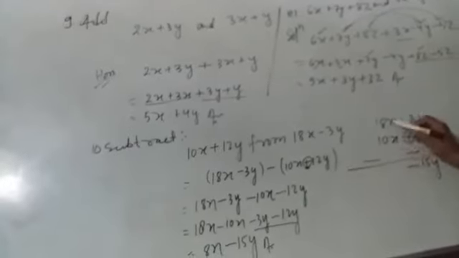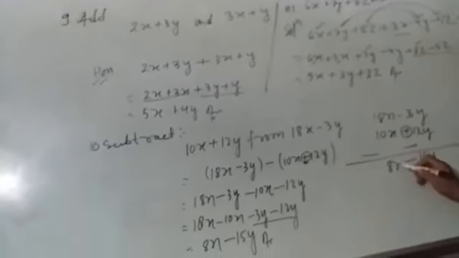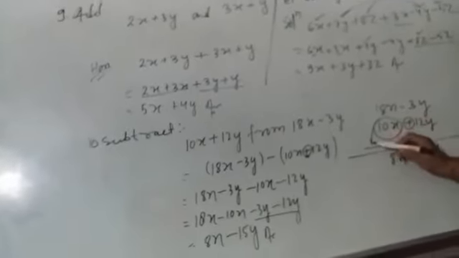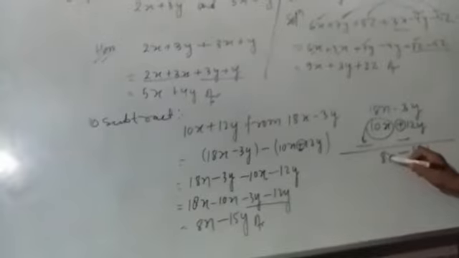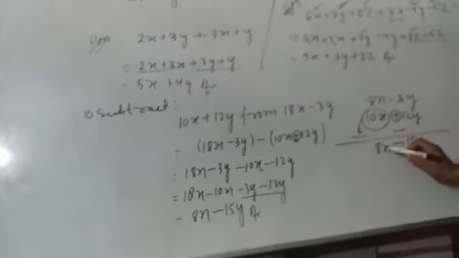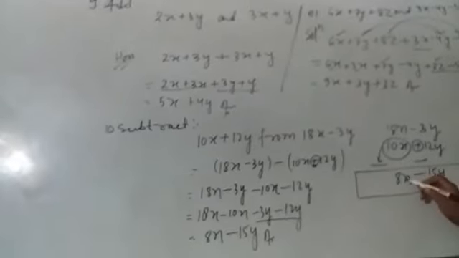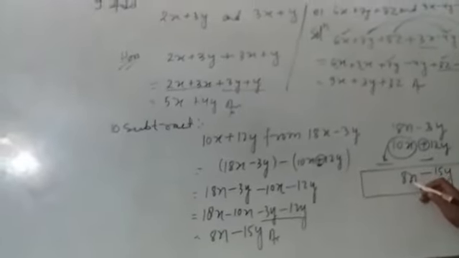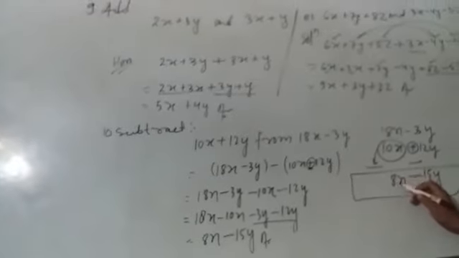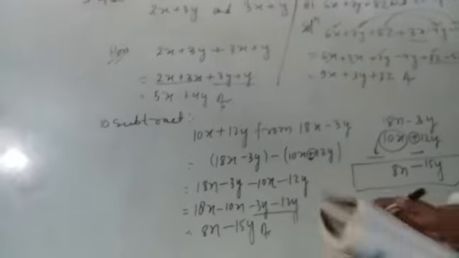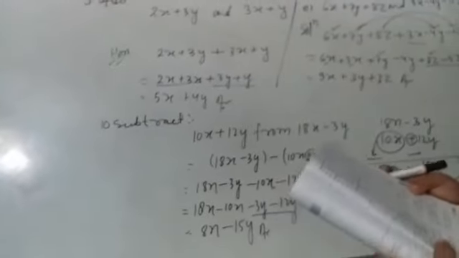Now the difference of these two terms is equal to 8x, and here the lower expression's 10x sign will be minus now. So here the 18x is positive, that's why 8x is positive. You don't show the sign in front of the first term. If the first term's sign is positive, you will not show it. Okay, thank you. So I am going to teach another one.